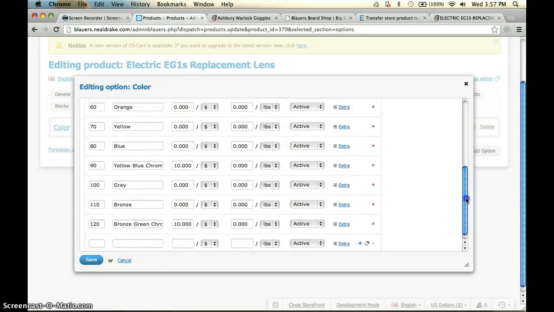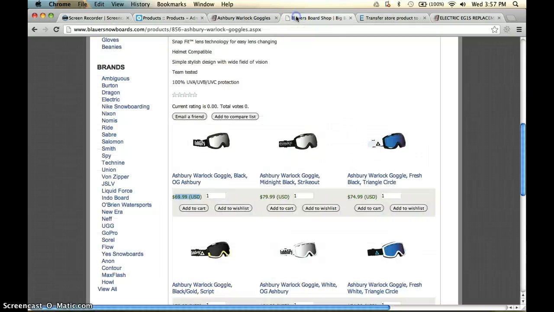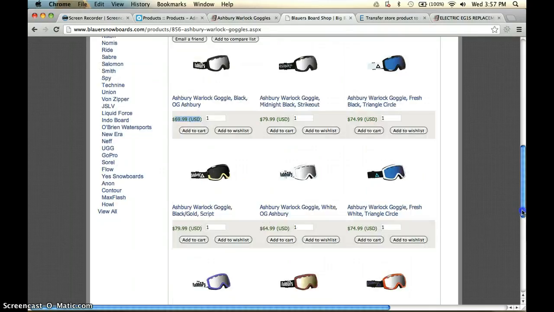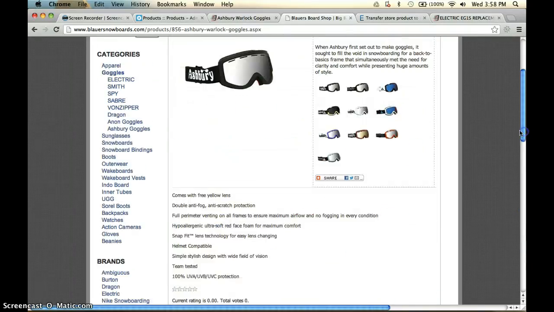So it does take a little time going back and forth and looking at, okay, well, the base price is $69. Okay, and this one's going to be a few dollars more. This one's $10 more. This one's like $7 or $8 more. So you have to go through and match all that up. And